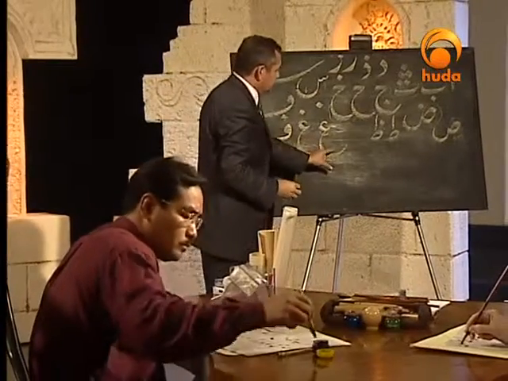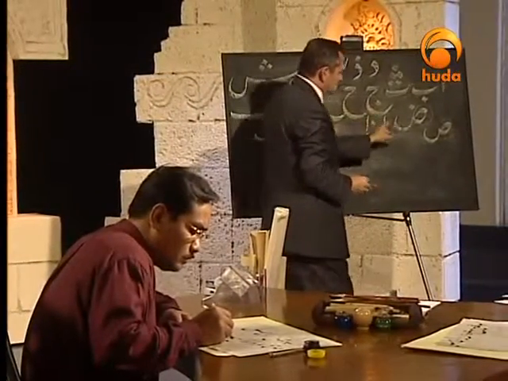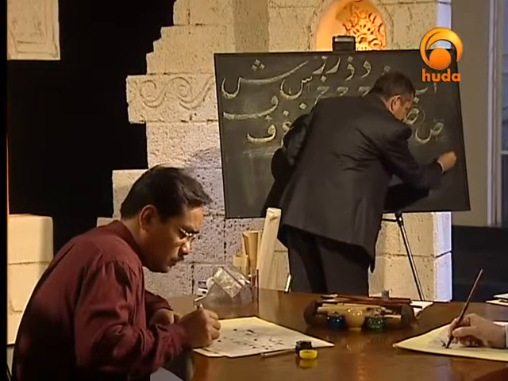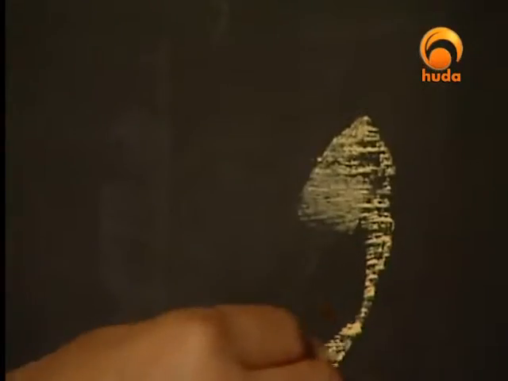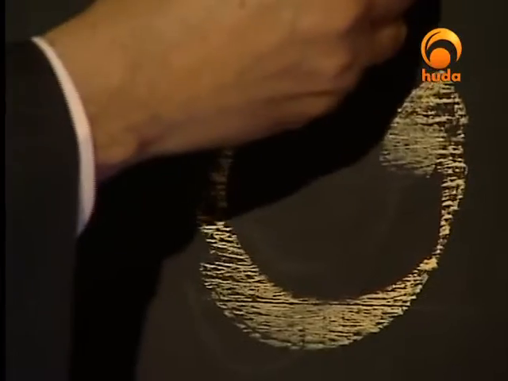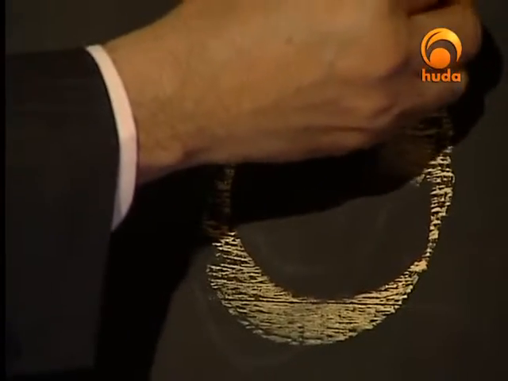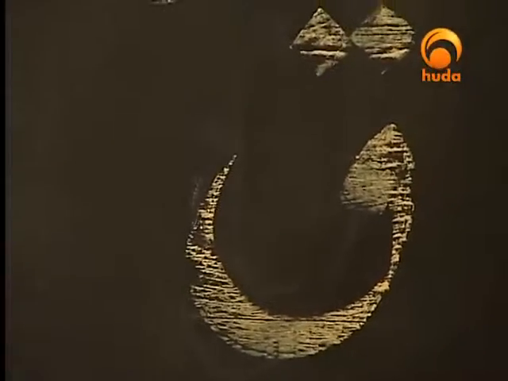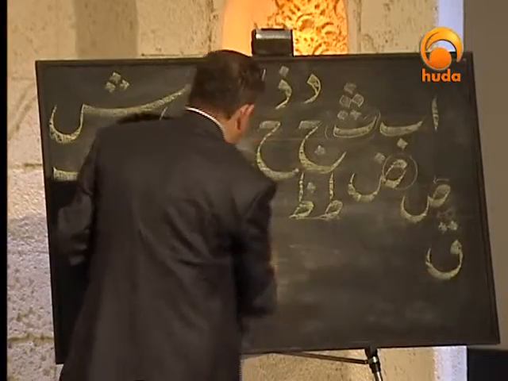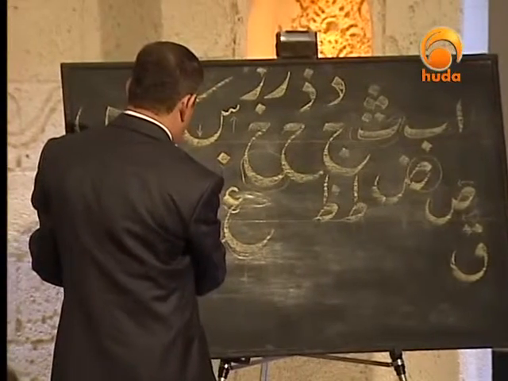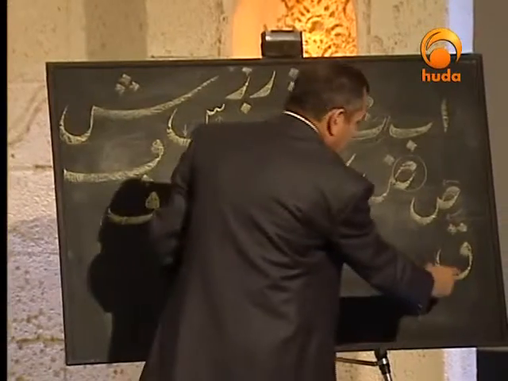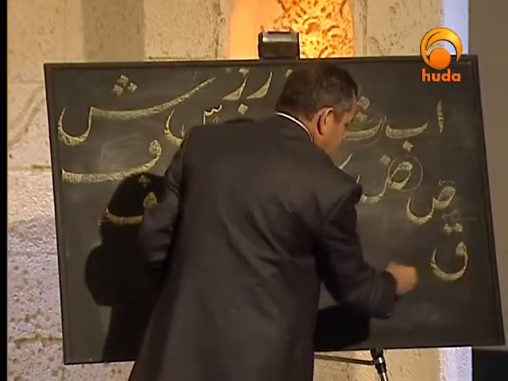Qaf, it's a part of this, and this, and this. Comes like this. Qaf. Head of waw and the same curve. Qaf. It's short, not long. So there is a big difference between fa and qaf. Fa could be short or long, but qaf we can't extend. It's impossible.